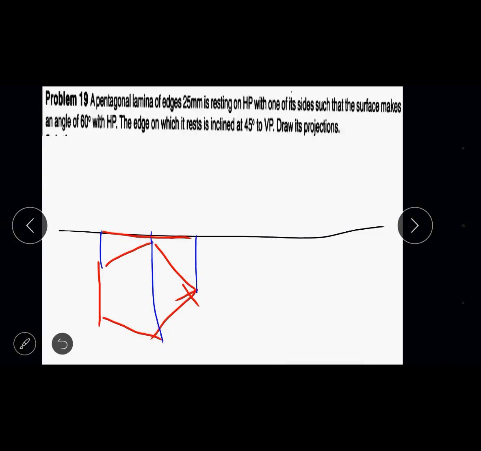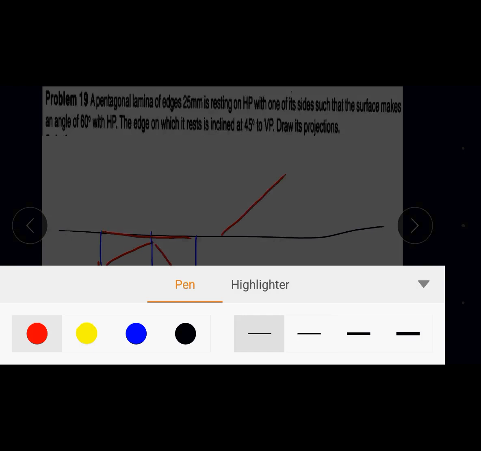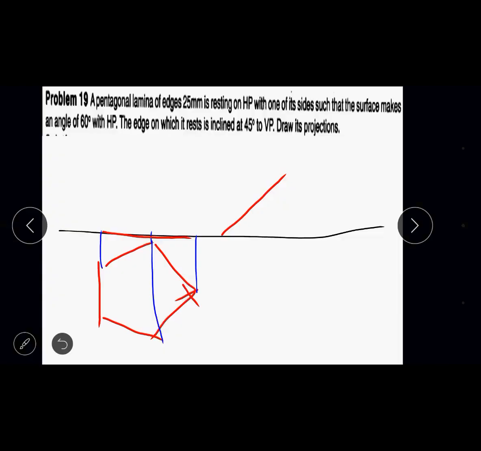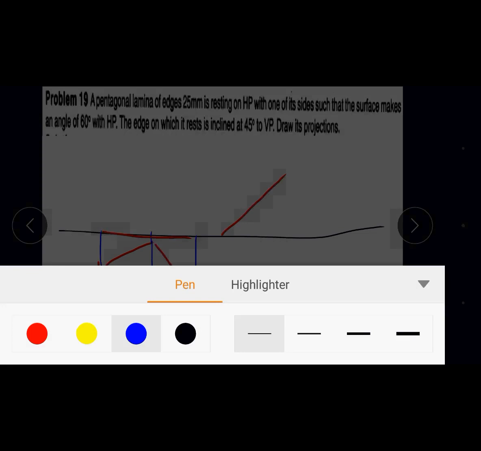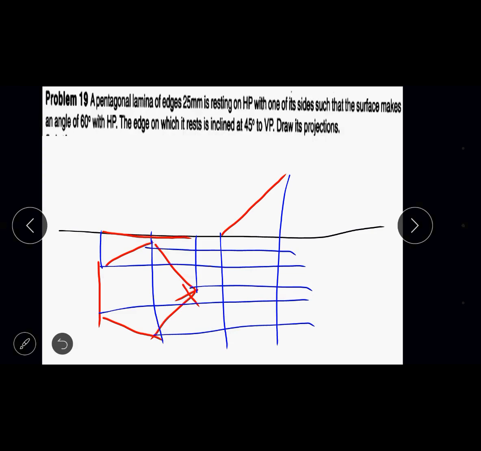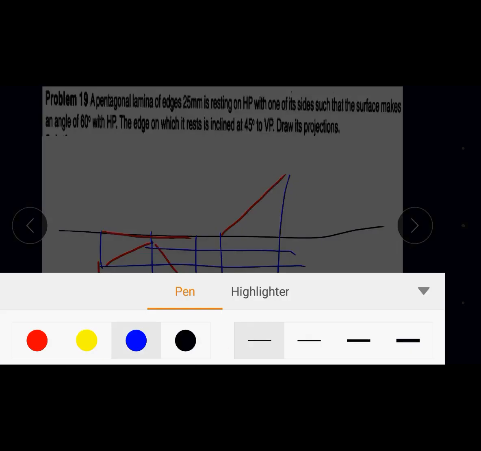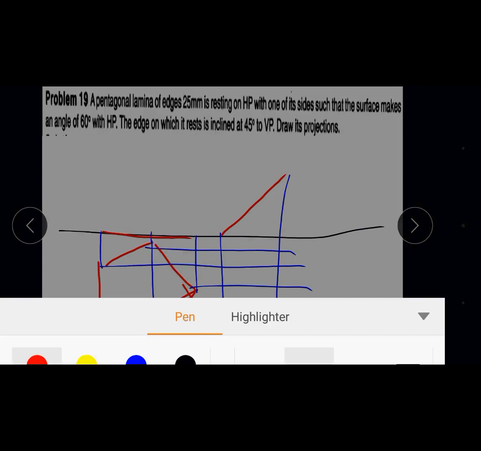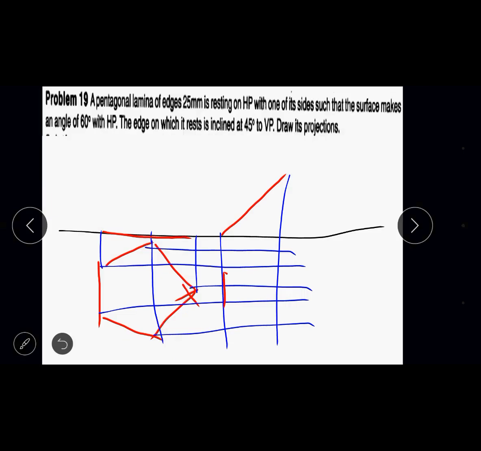And then in the next step, you have to cover the 60 degree HP angle. The same top view you measure and then construct a 60 degree line. And then to get the irregular shape top view of the pentagon, draw the projection line from the corresponding front view, corresponding top view, and then get the irregular shape pentagon. So the irregular shape pentagon, you will get it like this. Just have to join it.